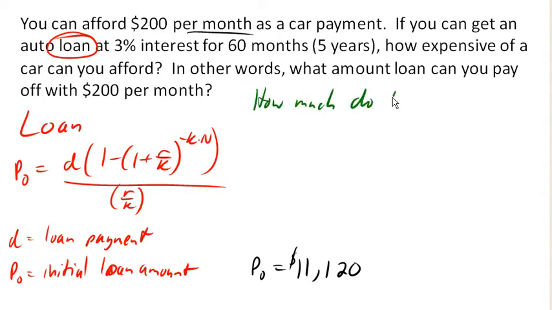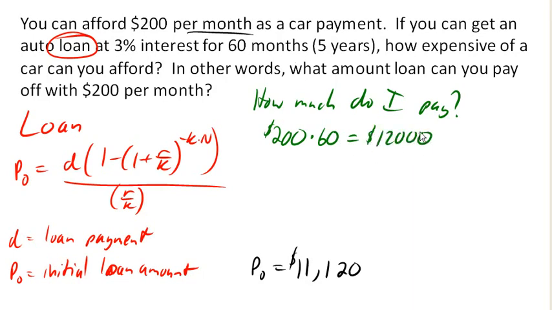I pay $200 each month for 60 months, right? 5 years times 12, 60 months. I pay a total of $12,000 to the loan company. How much of that was the principal, or the original amount of the loan? Well, the original amount of the loan was $11,120, presumably, which means $880 of this is interest. So in other words,